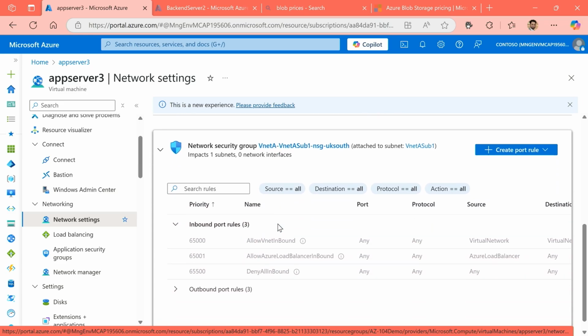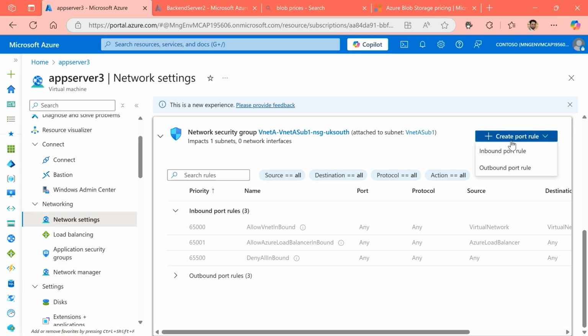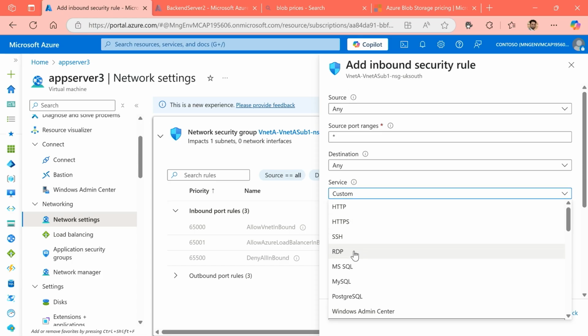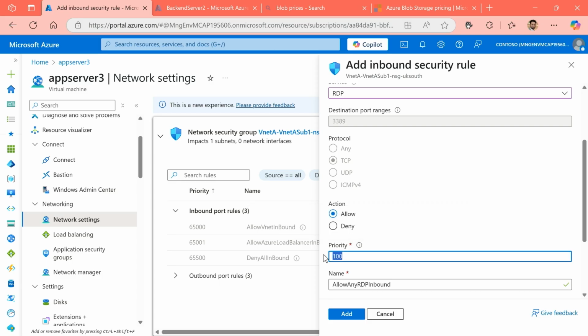Now, scrolling further down, I can see there is an NSG rule that's applied on the subnet that we place this virtual machine in. So all I need to do is drop in a new rule. Now, configuring NSGs is something that we have covered in one of the previous modules. So in this case, all I'm going to do is simply jump in here and start adding a rule for RDP and simply allowing that rule. Now let's go and give it a priority number of 500 and simply add that rule.